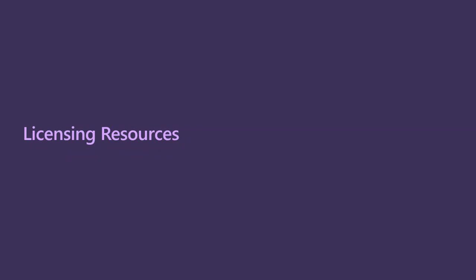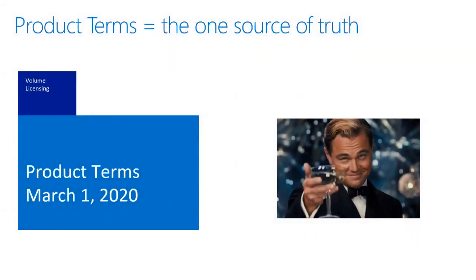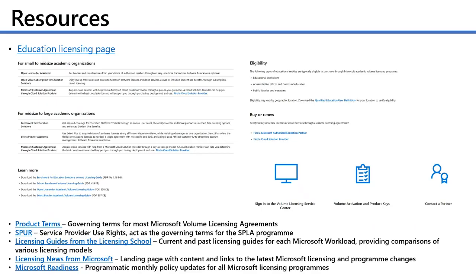So licensing resources. Whenever someone comes to me around licensing, the first thing I direct them to is the product terms. They will be updated much more so than my brain is updated. So if you take anything away today, the product terms is always a good place to go to. If you're in doubt, your DISTI or the product terms are the best place to go. There are some useful resources. These were created recently, some of them, but are really helpful places to go.